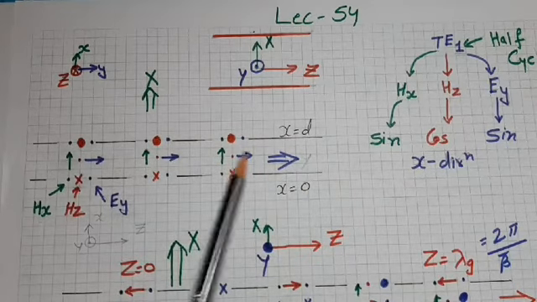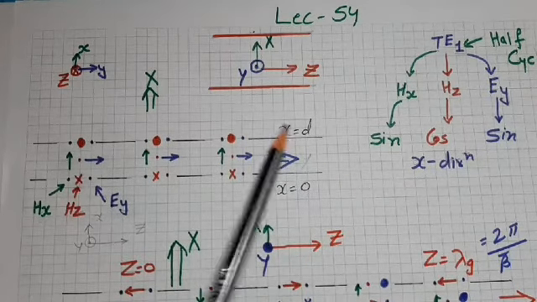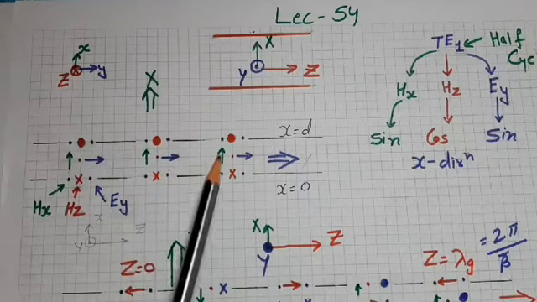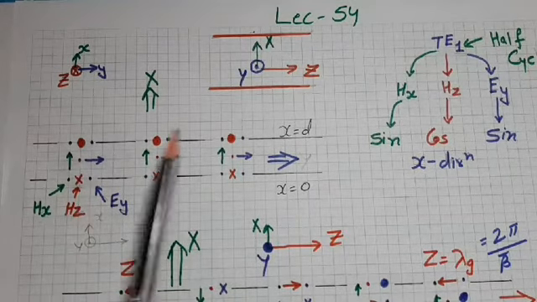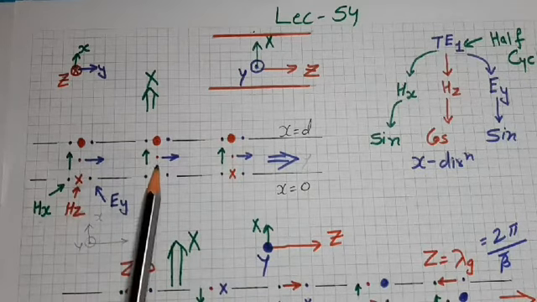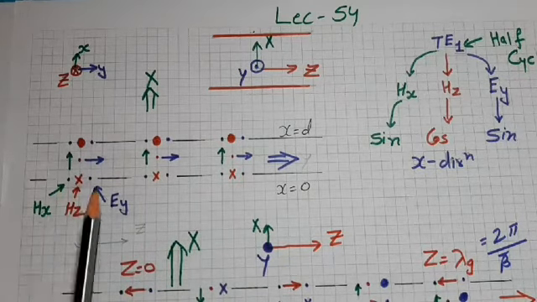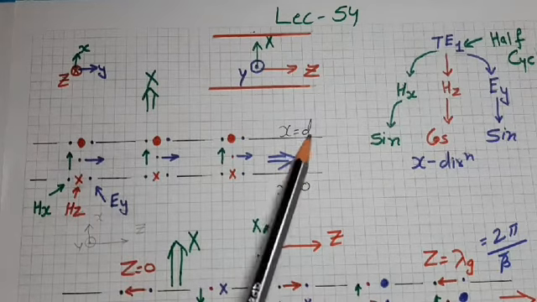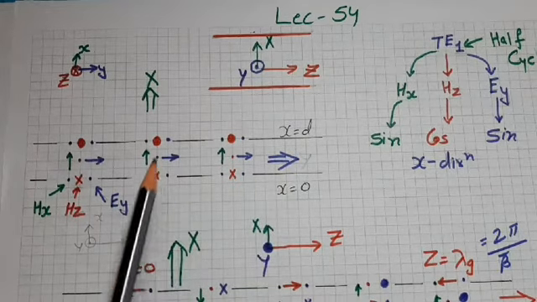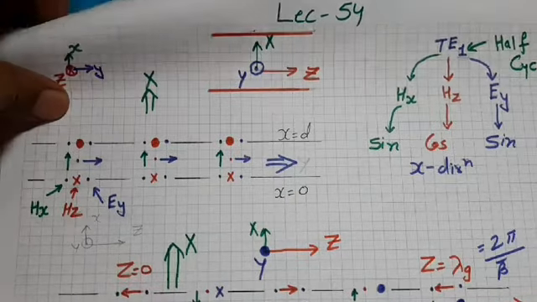That's why the field will remain constant in y direction. And therefore, these three field components will repeat itself in y direction. So in front view, we have shown variation of the field in x direction and in y direction. Now to show variation of the field in z direction, we have to plot its side view.